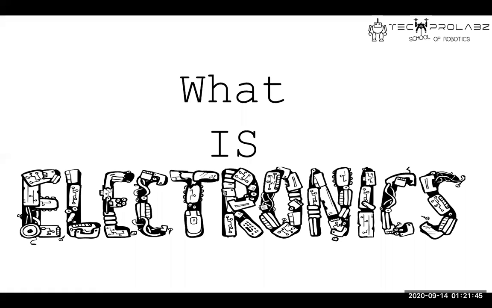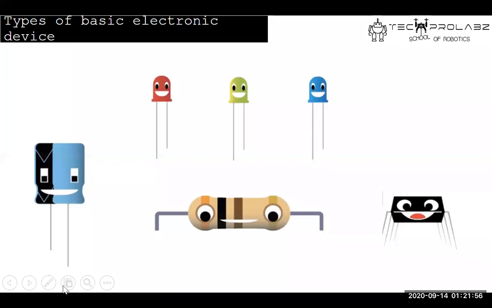So basically, when we study electronics and electrical, there are actually two separate branches. Electronics deals with the small components, like resistor, capacitor, LED, and electrical deals with motors, big towers, power generation. These all big stuff is related to electrical, and the small components and their circuitry is related to the study of electronics.